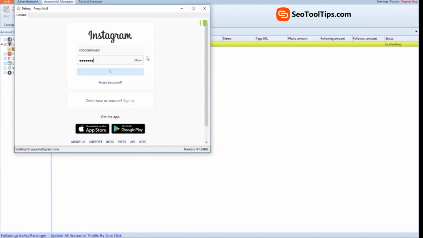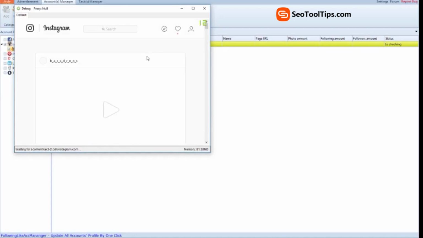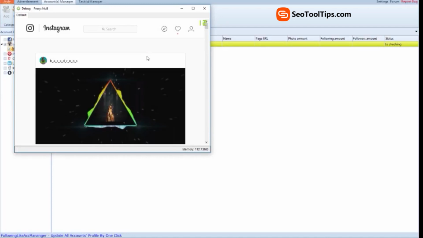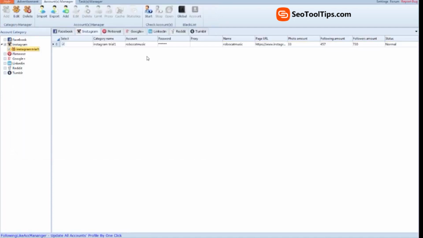Perfect, we're in. And once we're all set to go, you should have a normal status on the right hand side. It'll give you your following count and your followers, the number of photos you have, the page URL, the name